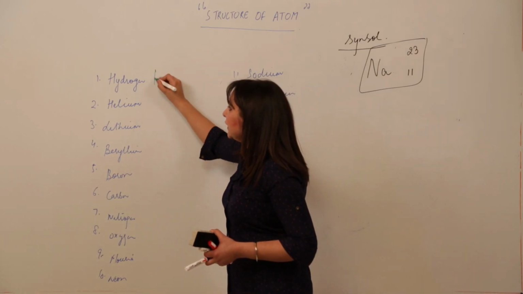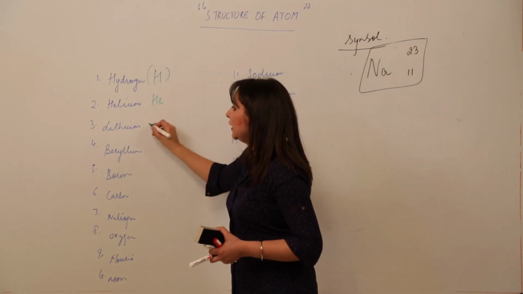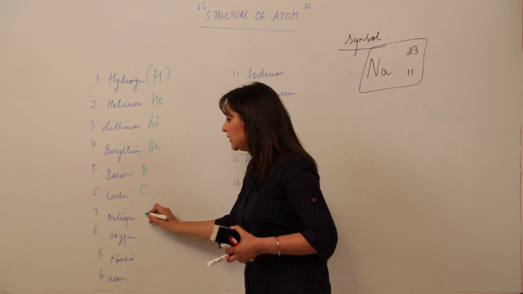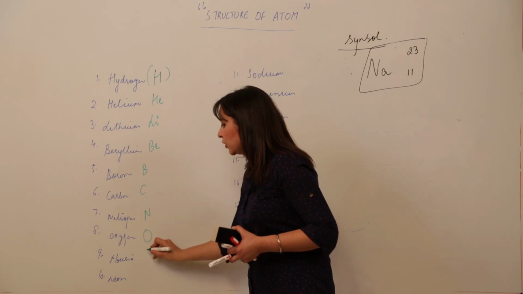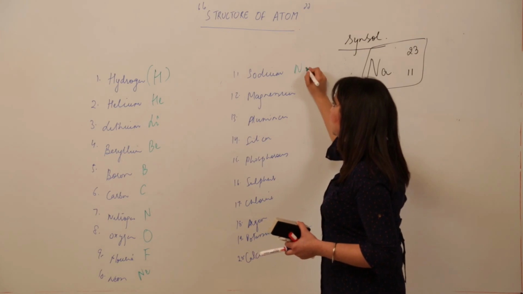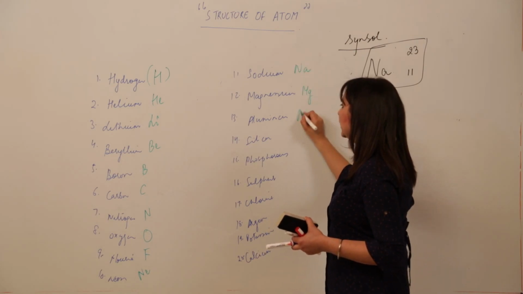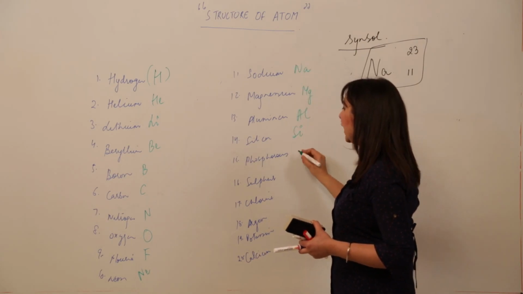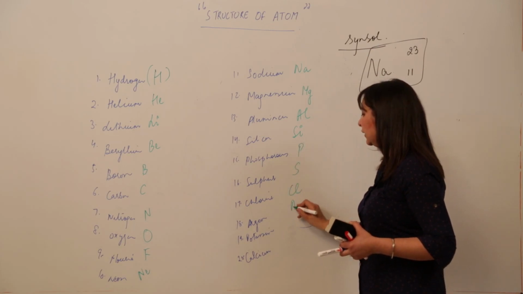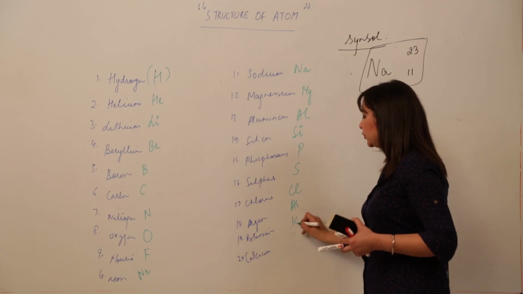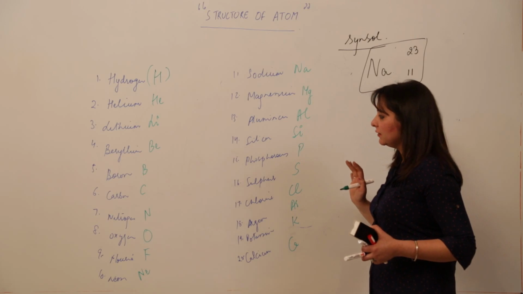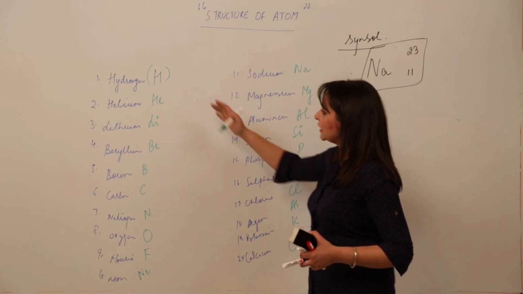So hydrogen is H, helium is He, lithium Li, beryllium Be, boron B, carbon C, nitrogen N, oxygen O, fluorine F, neon Ne, sodium Na, magnesium Mg, aluminium Al, silicon Si, phosphorus P, sulfur S, chlorine Cl, argon Ar, potassium K, and calcium Ca. As you can see, maximum of the symbols are taken by the first letter or two letters,